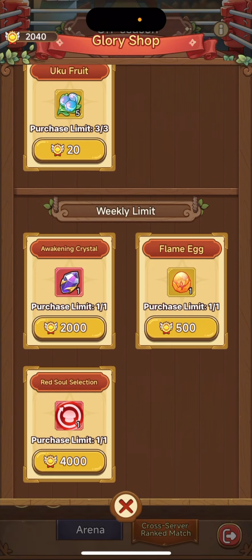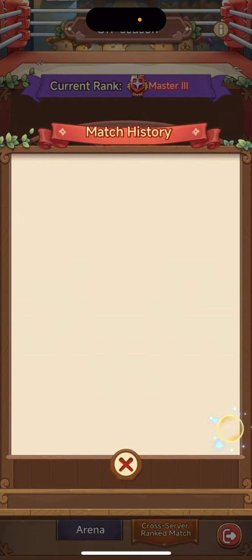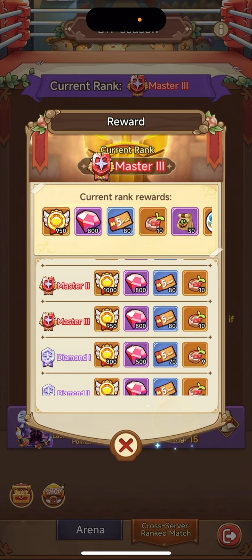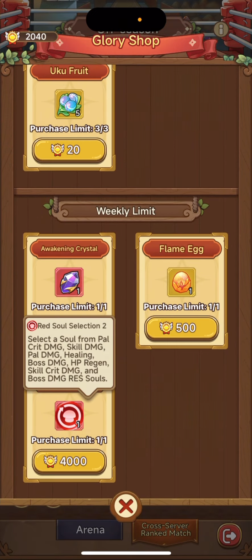Arena, crossover arena, where you can get them from down here for 4,000. You will eventually get like 800, depending on your rank here. I don't know where to see it actually. I think it's here, yeah. So you can see here how many you get per rank. Actually get 1,000, kind of nice, next time I rank up. So yeah, you will get that, and then you will be able to, and this is not random, select which one it should be. Then you can get crit damage, skill damage, pal damage, healing, boss damage, HP regeneration, skill crit damage, and boss damage